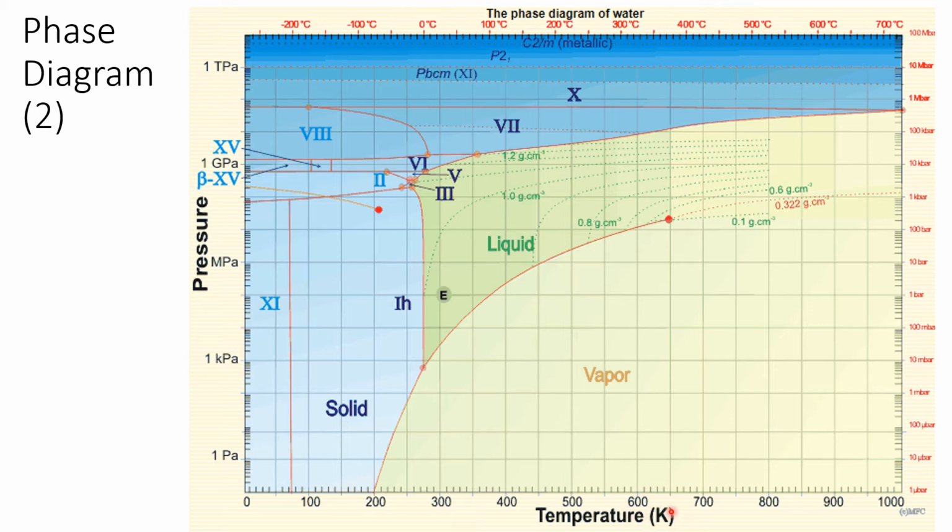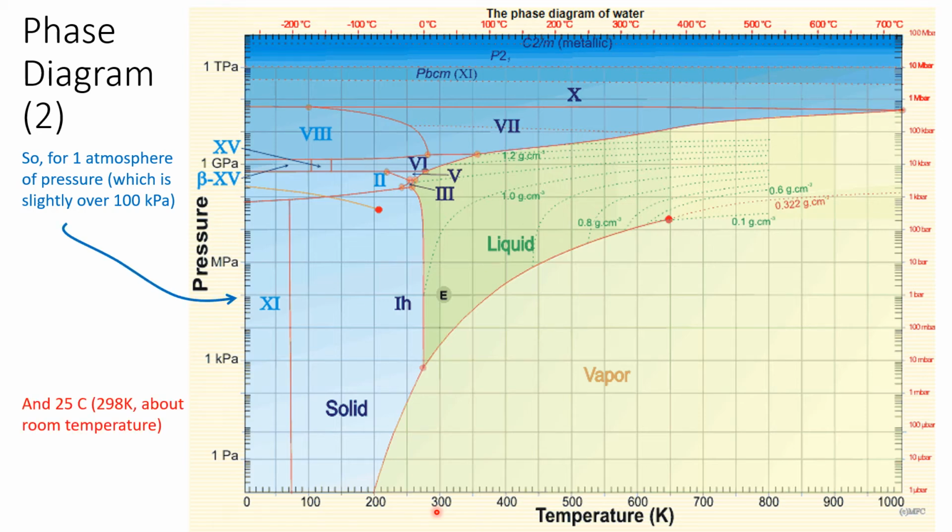So we're at around 298 K, 300-ish. So if we take 1 atmosphere of pressure, 100 kPa, about right there, 25°C, so about 298 right there, and we cross-reference those two positions,